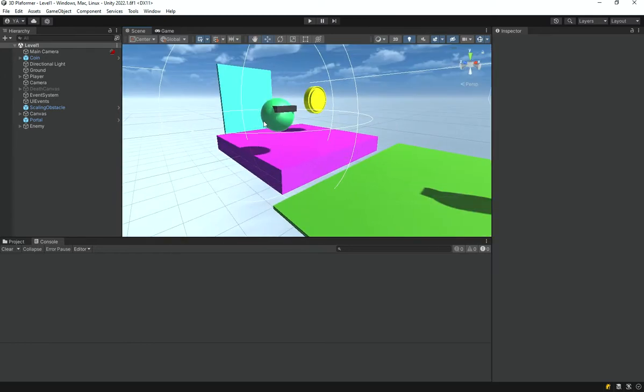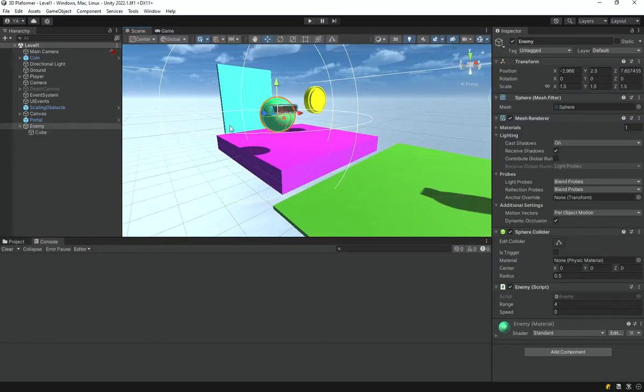And in this video we are going to finish our enemy here and make it chase the player, because currently it can only detect the direction but cannot actually chase the player. So we will implement that. So I'm just going to select my enemy and double click the script to open it up